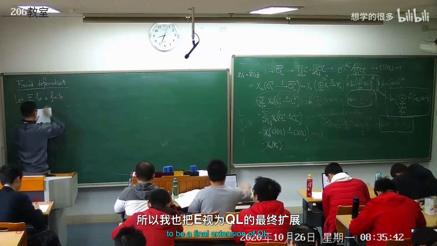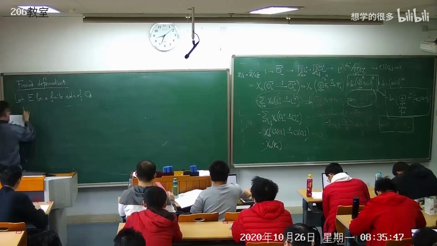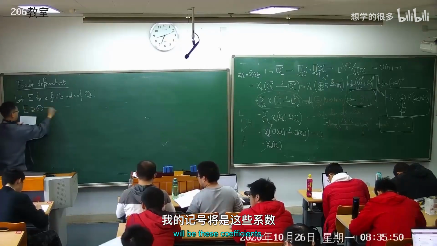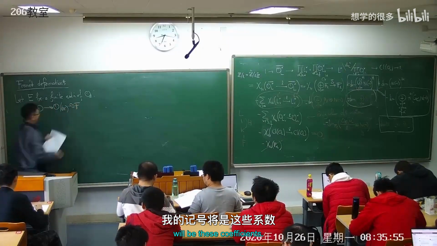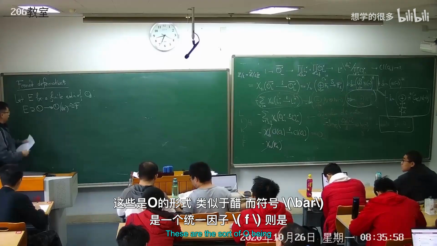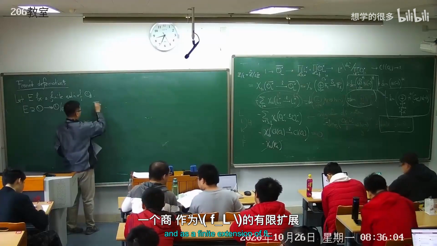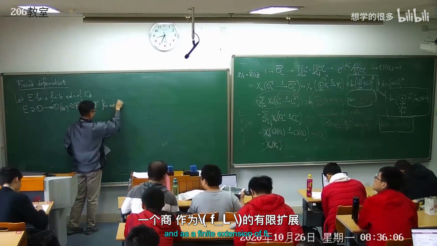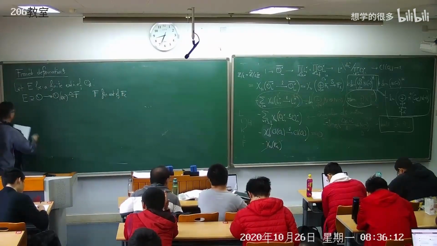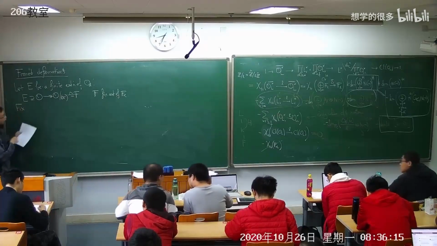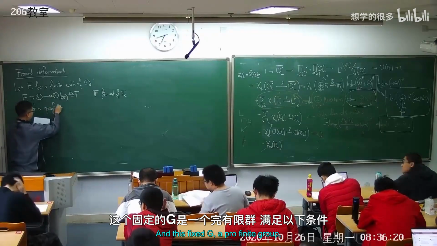So I always take E to be a finite extension of Q_L, and my notation will be these coefficients. O is the ring of integers, and pi is the uniformizer, and F is the quotient, a finite extension of F_L. And we fix G, a profinite group,